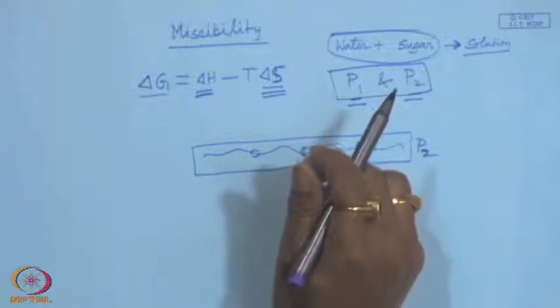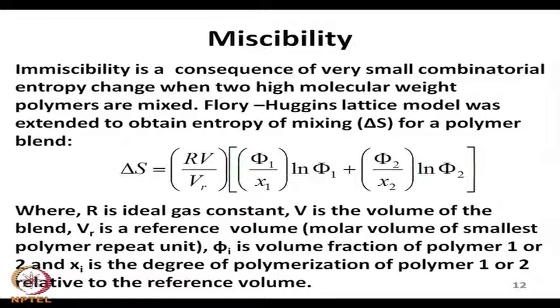Now, there are various models to explain the immiscibility or miscibility of the component polymers, and this immiscibility is a consequence of the very small combinatorial entropy change when two high molecular weight polymers are mixed. Now, we use the Flory-Huggins lattice model in order to obtain the entropy of mixing delta S for a blend of two polymers P1 and P2,